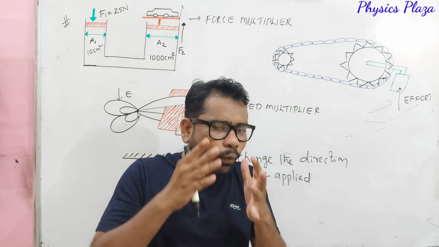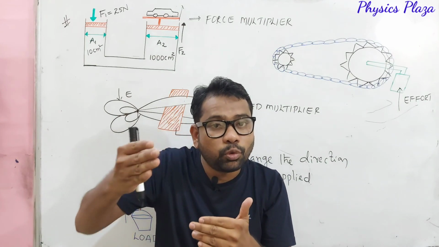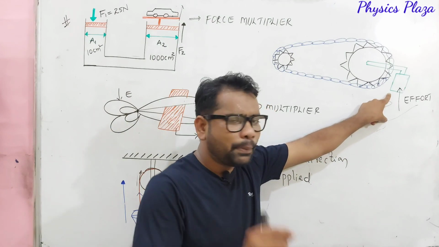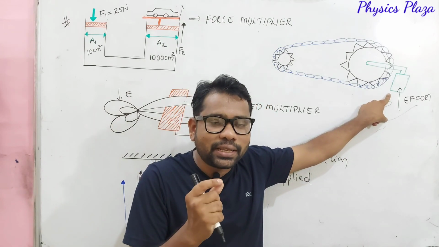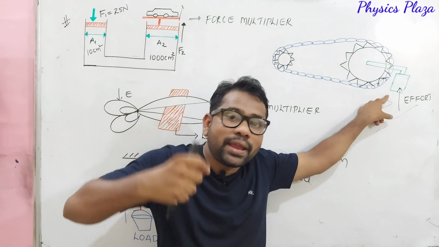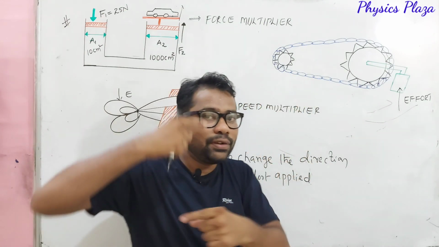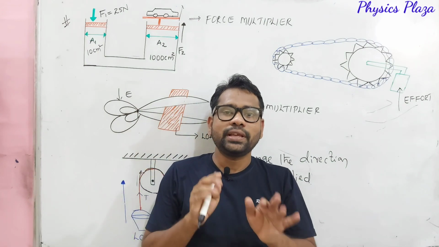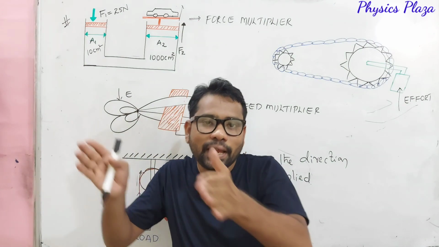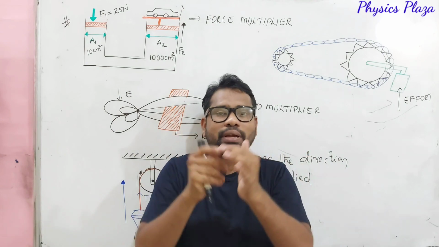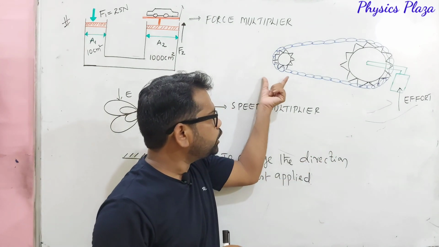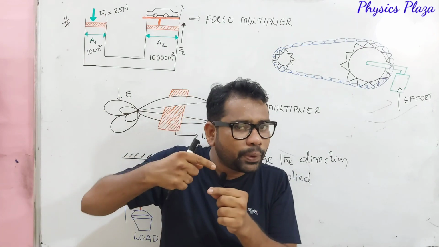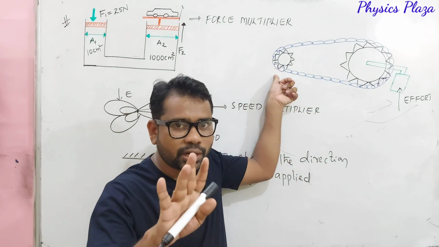Here, dear children, in order to make the cycle move forward, we apply force on the pedals. But try to understand here, our intention is to make the rear wheel, actually the back wheel, rotate. When the back wheel rotates, obviously it pushes the front wheel so that the entire cycle moves. That is the concept. But in order to make the back wheel rotate, in general we would have to apply the effort at the back.